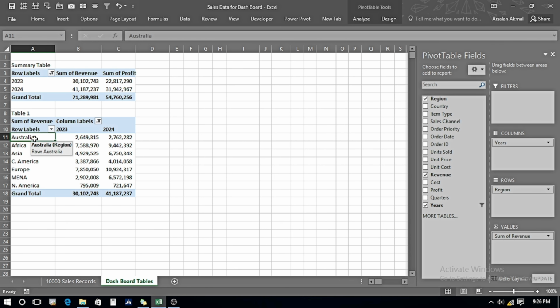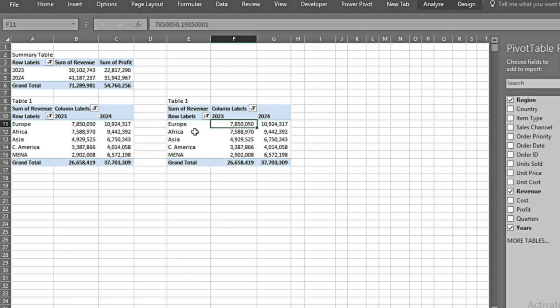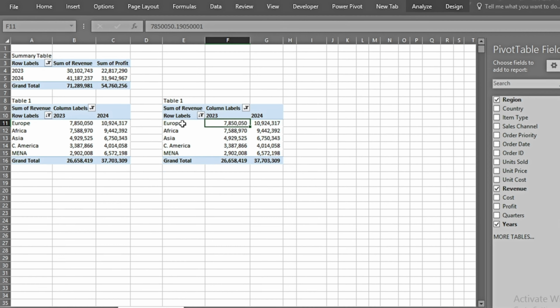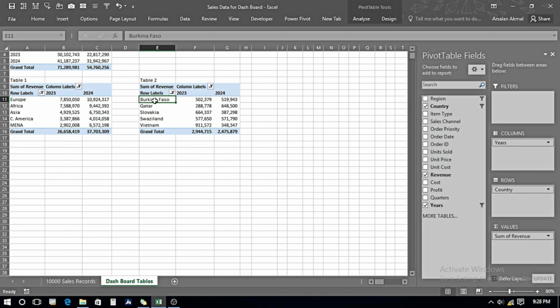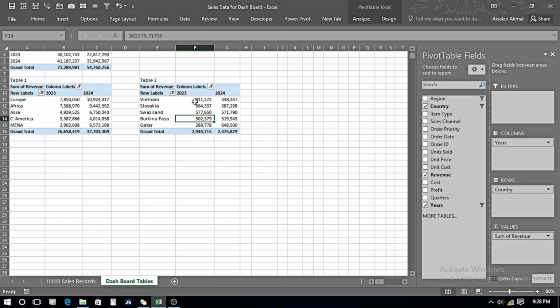Now I want the same table, but it is going to be country wise. So I just select all of this table and paste it over here. Now instead of the regions, I want countries over here. So I uncheck this, check mark this, and I can see that a whole lot of countries are appearing. So again, I will name it table 2, right click over here and filter top 10. I want the top 5, press OK, and at the same time clicking over here, right click, sort in descending order from largest to smallest, and here I have table 2.